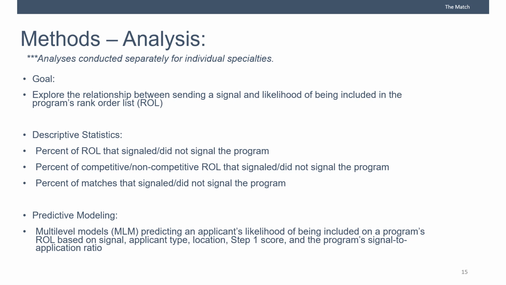As mentioned earlier, while our plan was to examine all specialties who participate in the main residency match and also participate in signaling, this presentation will focus on two specialties, general surgery and oto. Why did we choose these two specialties? As of when this collaboration launched prior to the 2024 match cycle, these two specialties were among those with multiple years of signaling data. In particular, general surgery was selected as it has the most static signaling structure across years, which allowed us to more easily develop our methodological proof of concept.